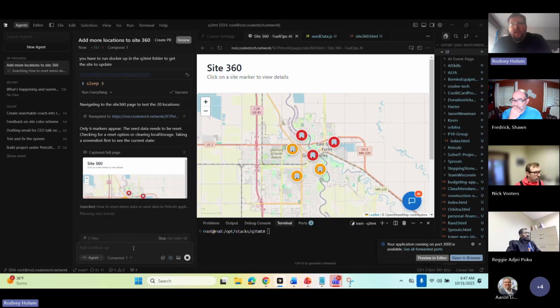And here it's seeing that it tried to add more, but for some reason only 6 are still showing. So now it's troubleshooting that.